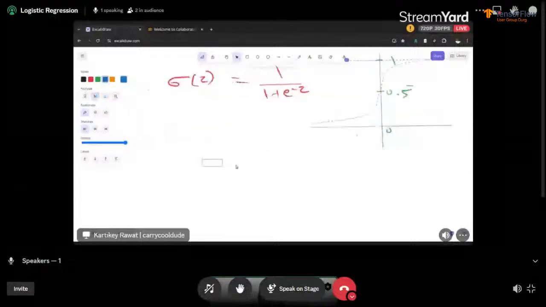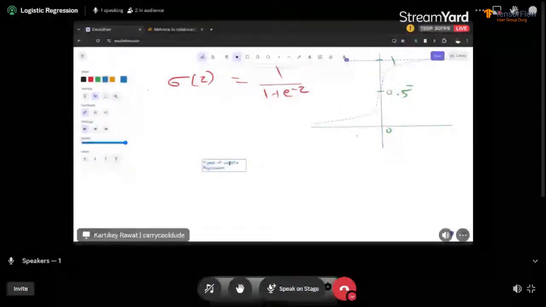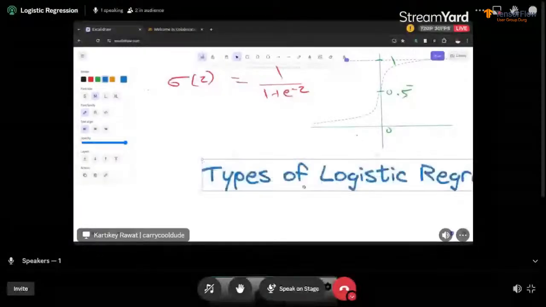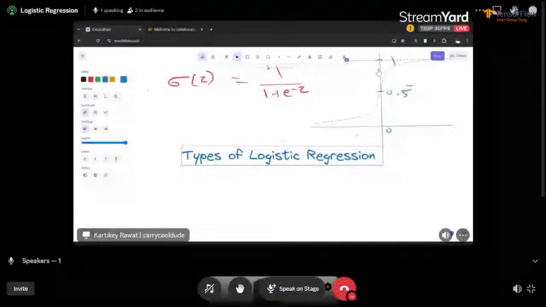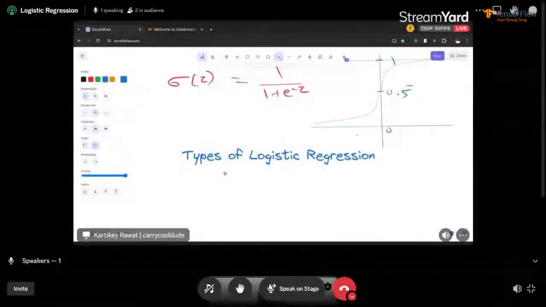I will write types of logistic regression. Let me make it bigger, like this. There are 3 types of it. One,